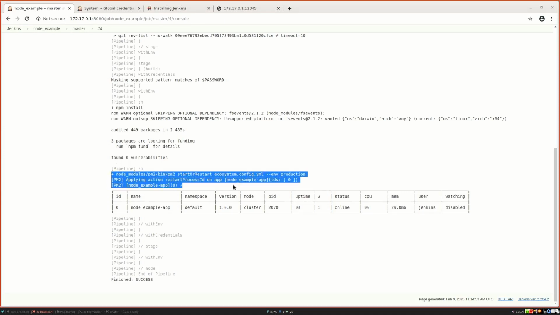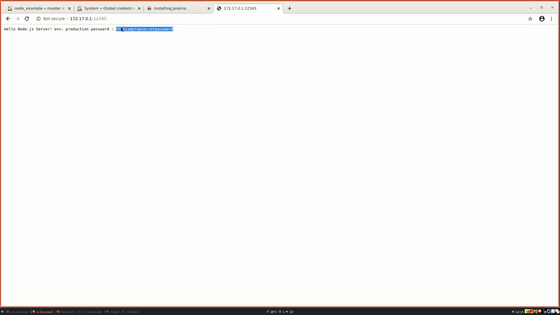So now you can basically see application restarted. So it restarted the process. It's now up and running for 0 seconds. So now we expect it to show a new password, but this is not true. This is because the process PM2 is being started with different environmental variables, and PM2 then starts up the node project. When we run the PM2 restart, PM2 isn't being restarted itself, but just the node process is being